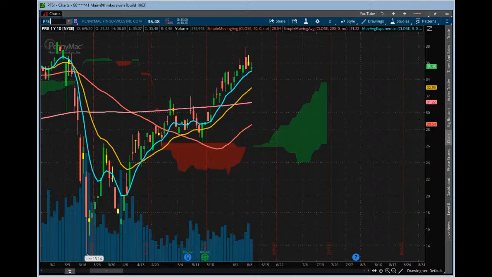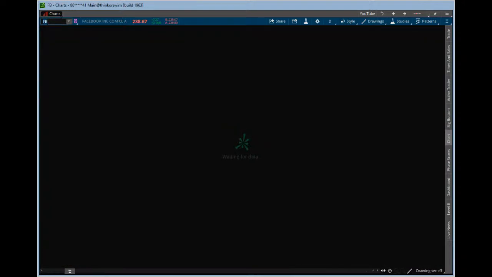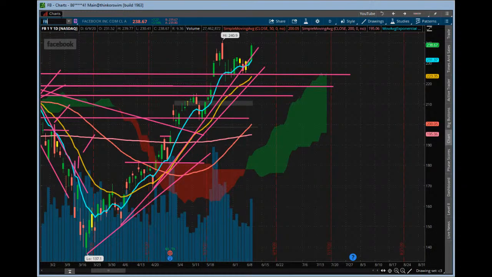It always helps to take a look at it. And then healthy, yeah, let's take a look. So Facebook's looking pretty strong too, if this chart will pull up for us here. So Facebook, a little bit of a push right there, hitting really close to all-time highs as it got above the upper trend line today.